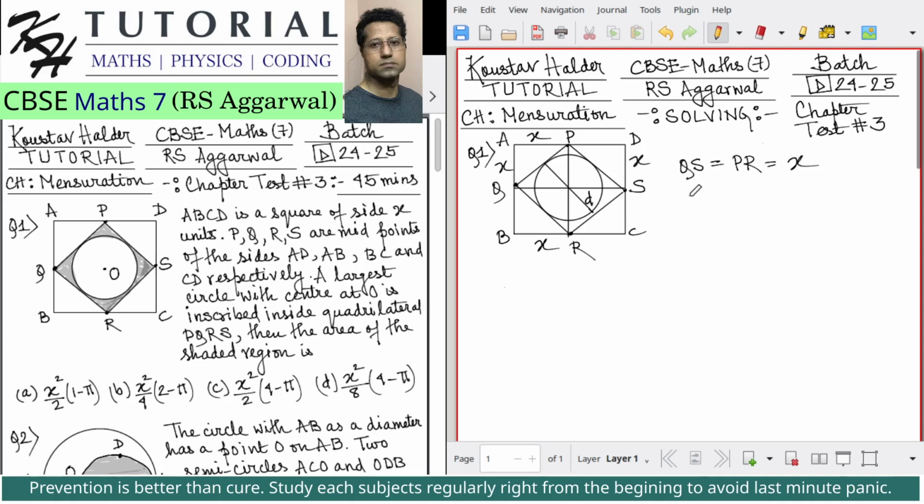We know that for a square, the diagonal d is equal to square root of 2 multiplied by a, where a is the length of each side of a square. So the relation between the diagonal and the length of each side of a square is d equals square root of 2 times a, where a is the length of each side of the square and d is the diagonal. So for the square PQRS, we will have